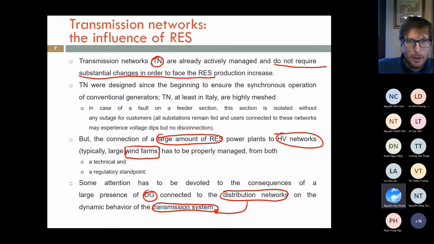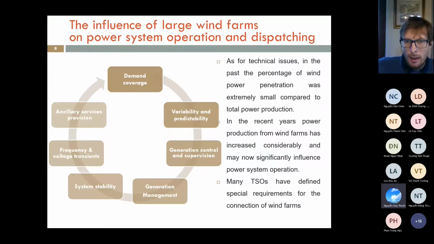Okay, so I would say the transmission networks are more ready than the distribution networks, but they need again some changes in the planning and operation. So basically, at the beginning, when the penetration of RES, especially wind farms, was small compared to the total power production, we didn't have any problems. Nowadays, in recent years, since the production from wind farms has increased, we may now have some problems also in the